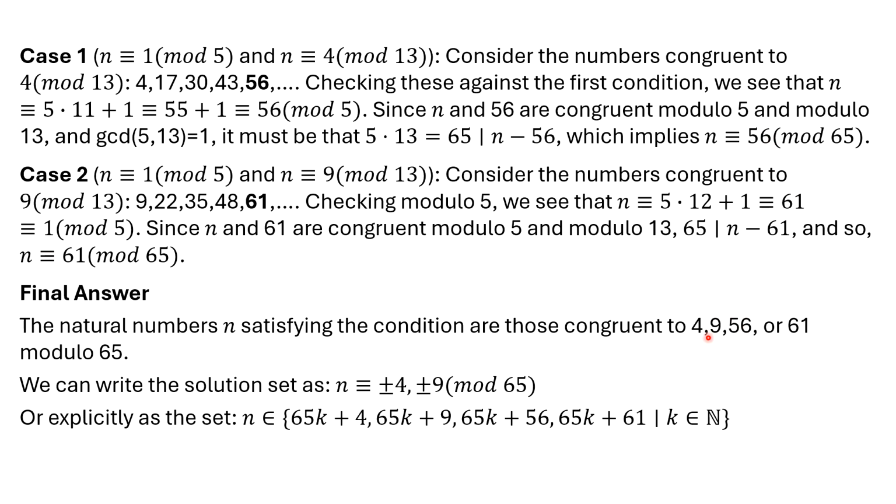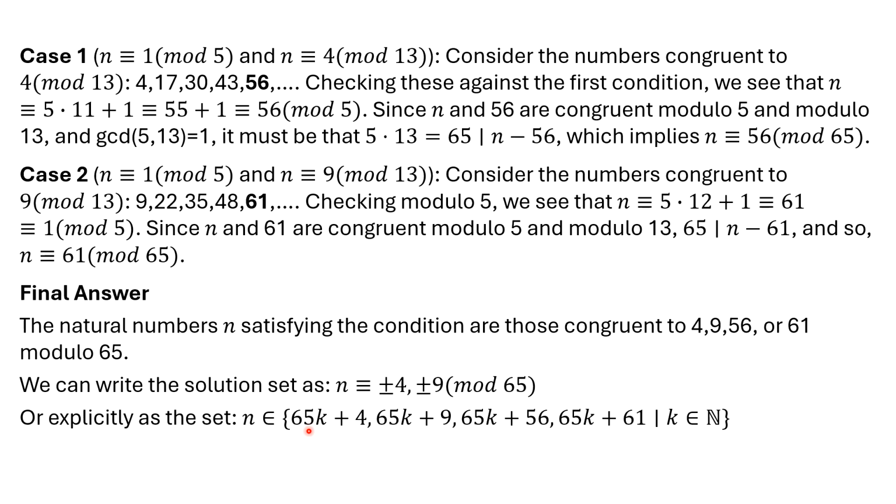and 61 modulo 65. And we can write that as n congruent to plus or minus 4, plus or minus 9 mod 65. Notice that the minus 9 gives us the 56, and the minus 4 gives us the 61. It's just a more compact way of writing it. And then if you want to expand it out, we can also write it this way here. The set of solutions are